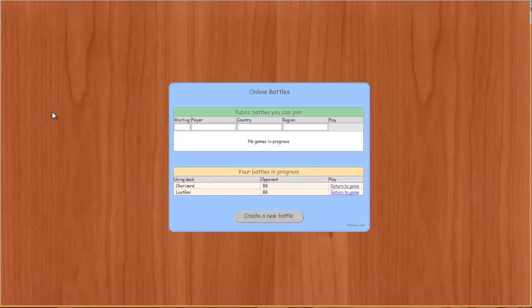and it's going to take me to the first screen in which I can join an existing battle that's going on, either one that's been created out here as a public battle where somebody is looking for an opponent, or one that you've already created that's running in the background. I've got one here, so I could rejoin that if I wanted to, but I'm going to go ahead and do the other option, which is create a new battle. So I just click here where it says create a new battle,